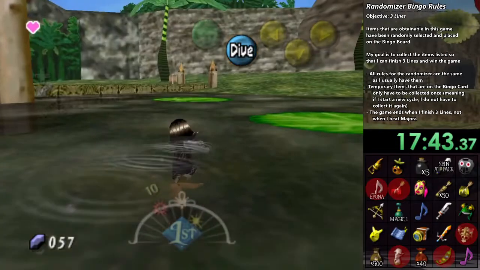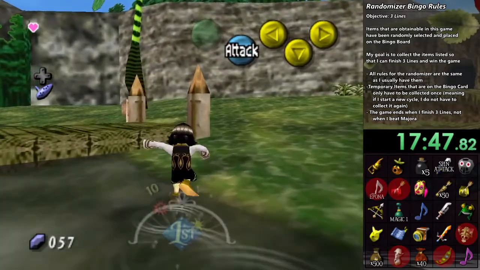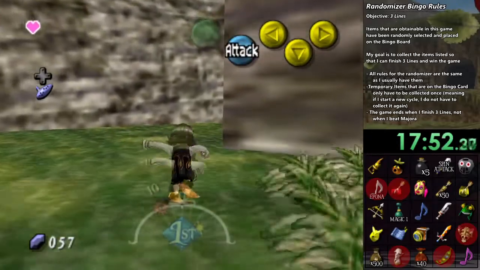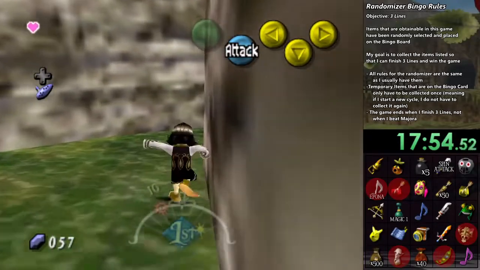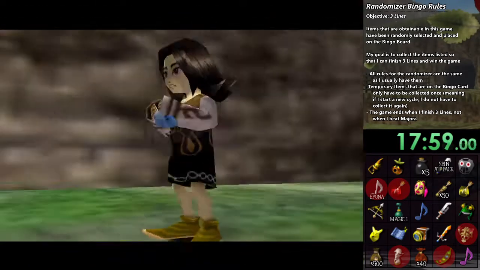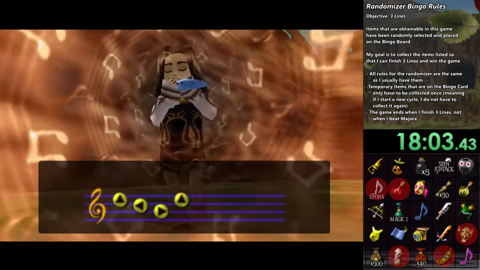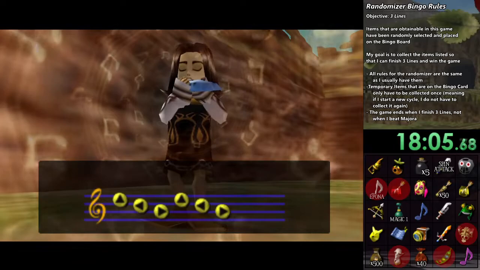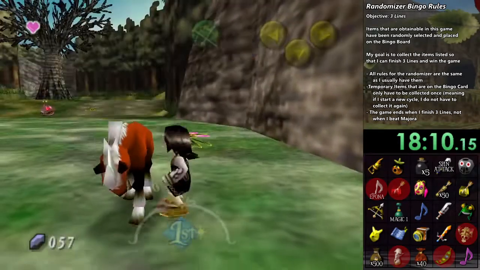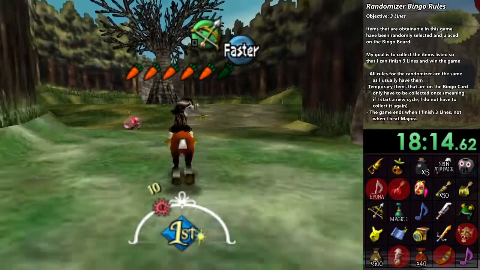Okay. Well, at least that worked. I got the fire arrows. Oh yeah, Epona doesn't make it back here, so I'd have to summon Epona outside here. Now, I should be able to get back to East Clock. All those smooth notes. There you are. So yeah, I should be able to make it back to Clocktown, go do the meeting check in